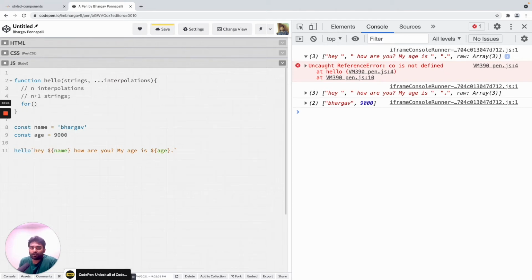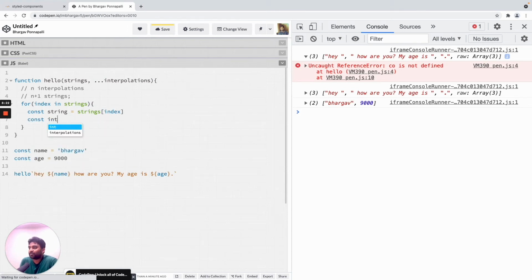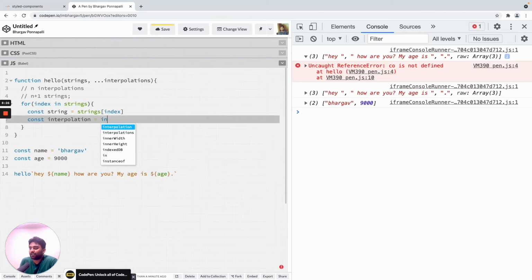So let's use a for in loop, and I'll say for index in strings. I want to grab the string which is at the index in the strings array. So this will give me the nth string in that array, and I want to grab the corresponding interpolation, so I'll just do const interpolation is interpolations of index.